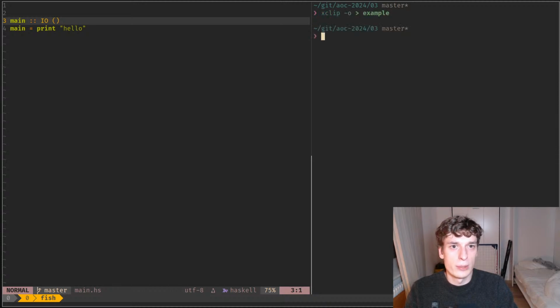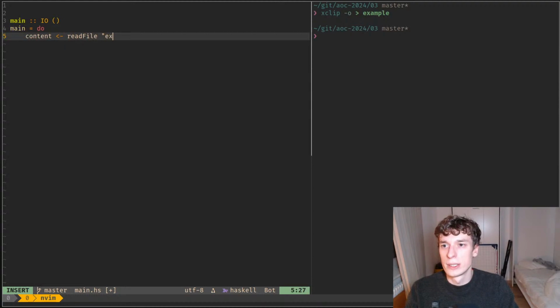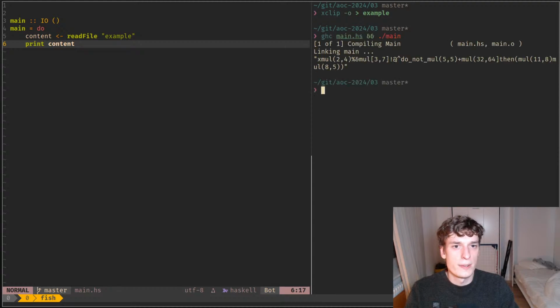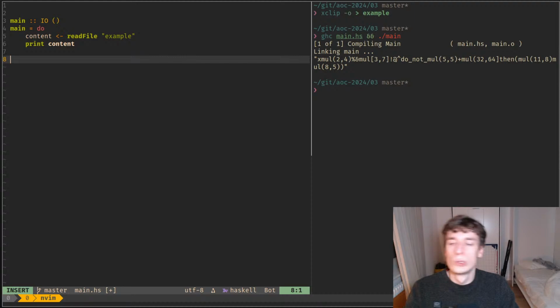So I'll switch over to the example, then here we can do contents, read file, example, like so. Let's make sure I have the correct content first. Yeah, that's good. Now we will do parse corrupted memory, like so, which will take a string and will return